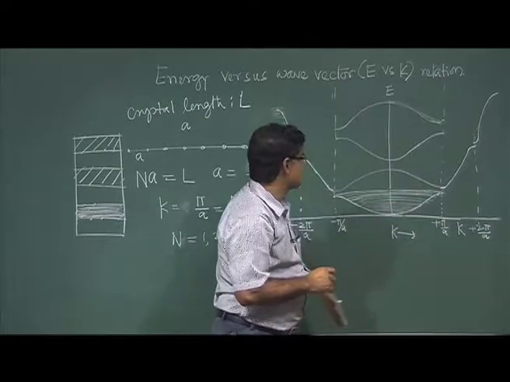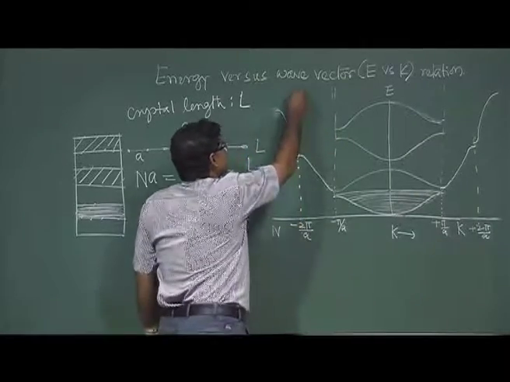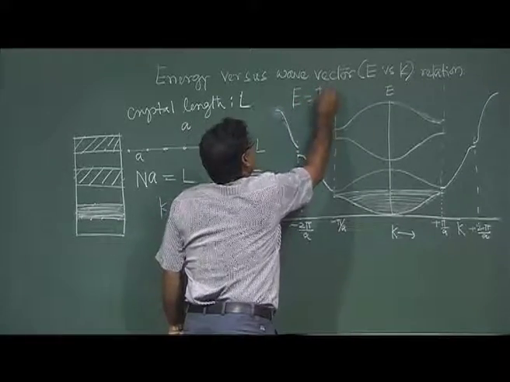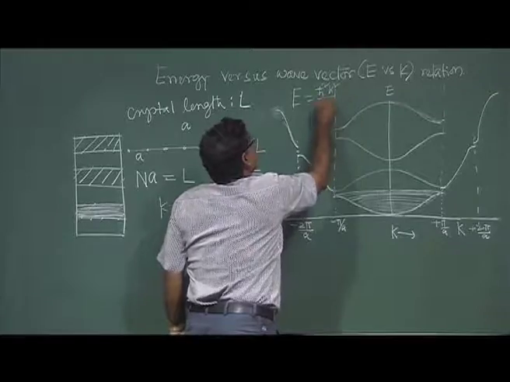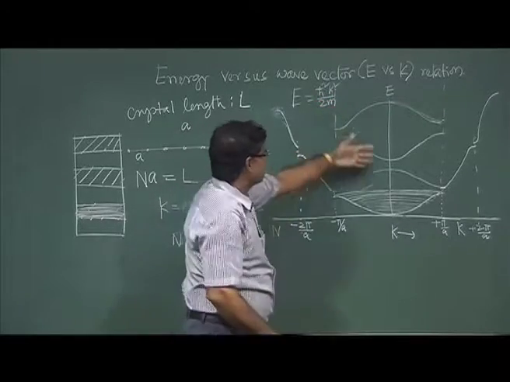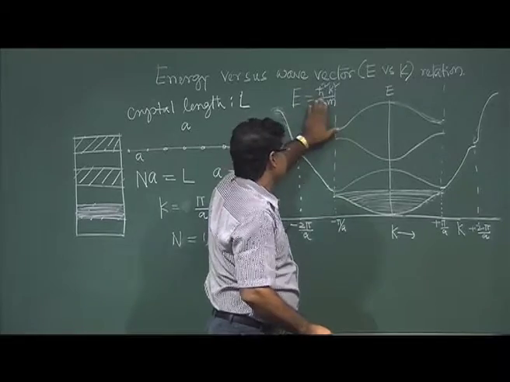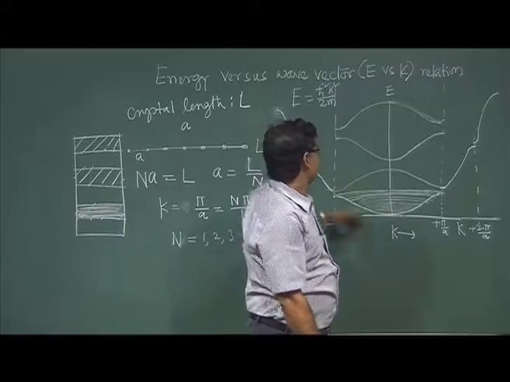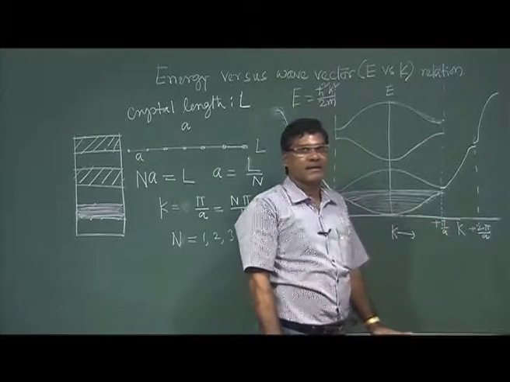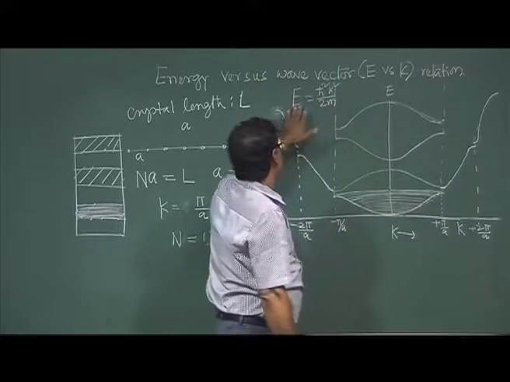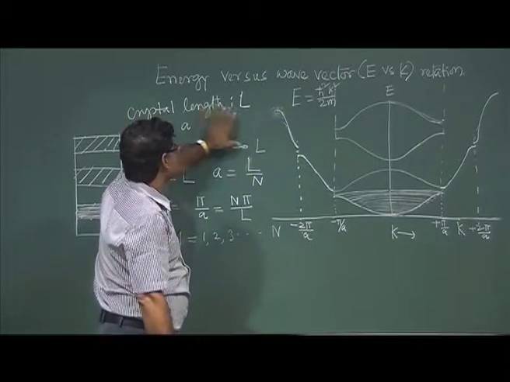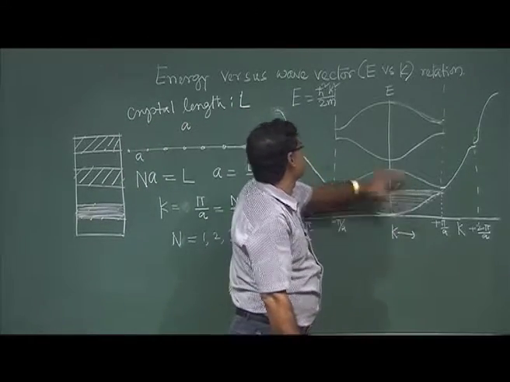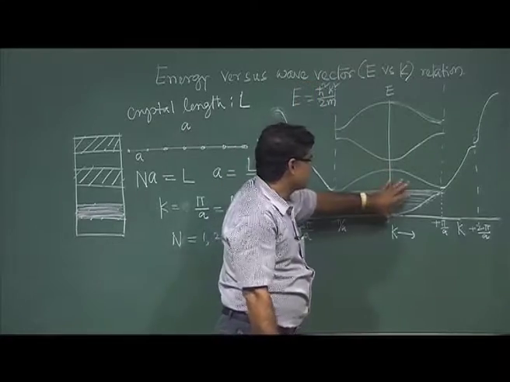This is different from the free electron relation E equals h-bar squared k squared by 2m, because that relation gives a continuous variation of energy with k. For a real system, a crystal of finite length, the situation is quite different from this picture. So this will have an effect